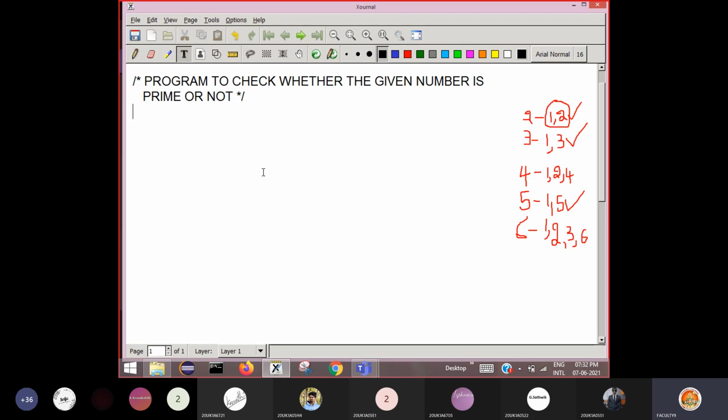So then next, include the header file stdio.h. Then write the main function, then begin the main. Here if we consider examples 2, 3, 4, 5, 6, and if we observe